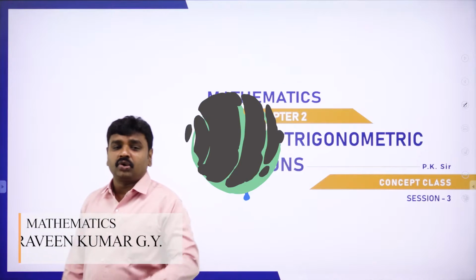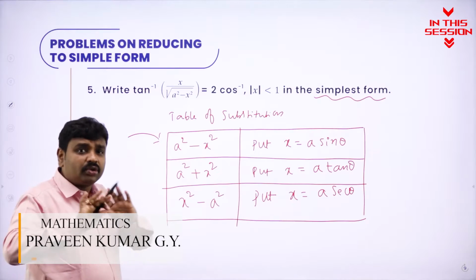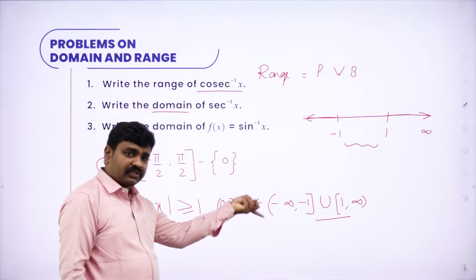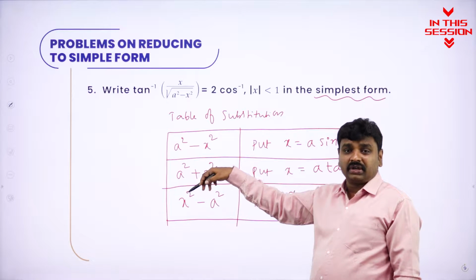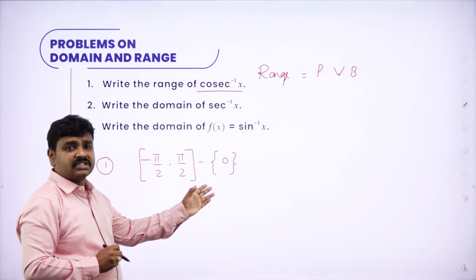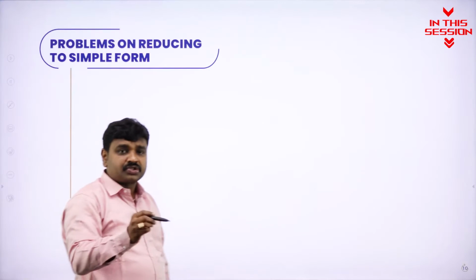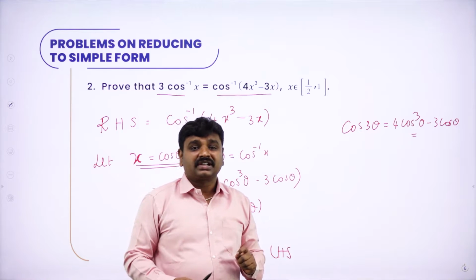In today's class, we are going ahead with some more problems of domain and range. So no need to think more if you learn this table. You can write mod x greater than or equal to 1, or you can write x belongs to minus infinity to minus 1 including minus 1. A square sin square theta, A square you take out, it will become 1 minus cos square. 1 minus sin square is cos square. What is the range of cosecant inverse x? Theta lies within minus 90 to plus 90 is the first important thing. To substitute, you should be thorough with the table of substitution. Before you start these problems, first recollect, summarize all the multiple angles.